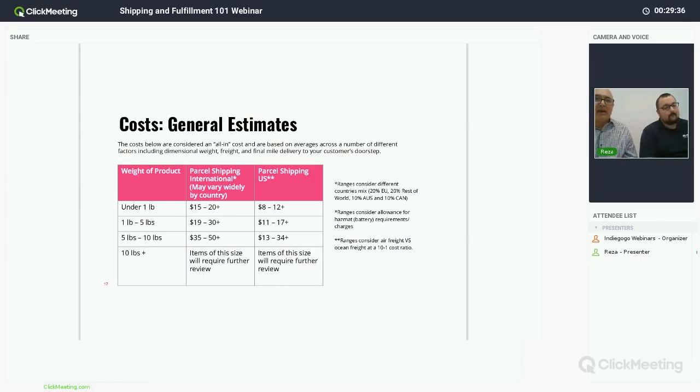That is by no means a full picture, but it's kind of a guideline. And again, something to start thinking about. But there are other costs involved. As you can see, we have international shipping and parcel shipping, and that ties into the facility that we have. Our solution involves using our China facility to receive all the products, and we use that facility to